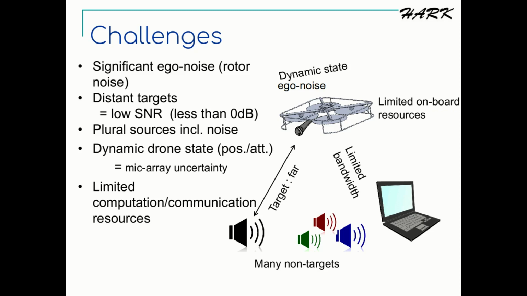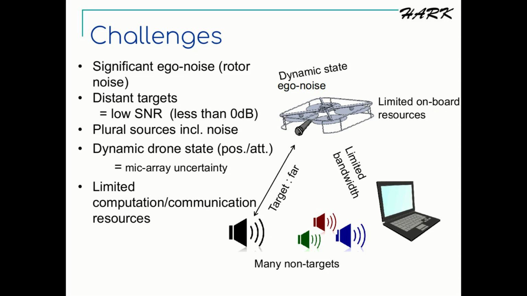As a microphone array in the air can cover a rather wide area to record signals, although it might be heavily distorted, the recorded signal may contain not only the signal from the target of interest, but also various signals from multiple sound sources in the environment. And also, the microphone array can be mobile, which means it's going to move around, and its position and also attitude or orientation can be varied over time, which causes another uncertainty in the sound source localization process.